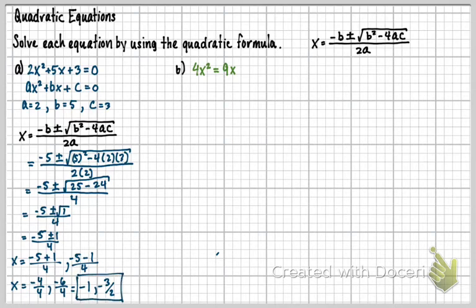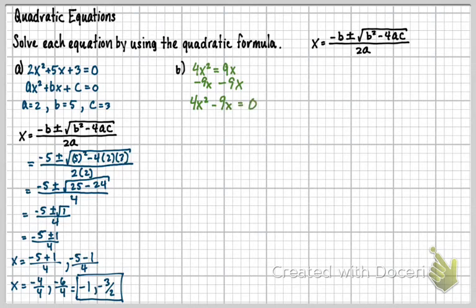Right there. Okay, now let's do the next one here. So for the next one, it's not in standard form, so I have to write it in standard form first. That means I've got to get a 0 on one of my sides, like I did here. So I'm going to subtract 9x from both sides. That's going to give me 4x squared minus 9x